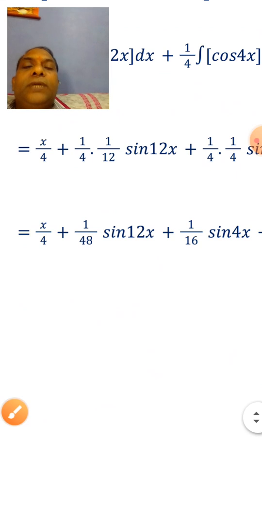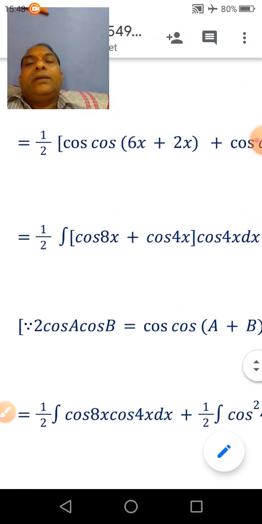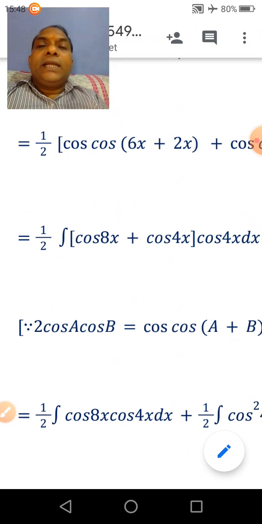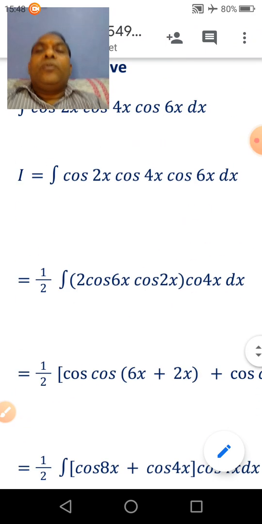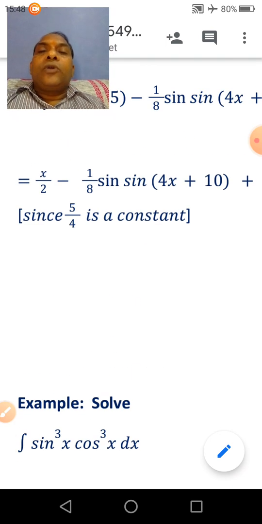Clear, students? So we can say that in case of integration, we have to convert the given question in integrable form. In case of trigonometric functions, we have to use the identity to convert the given question in integrable form. Then we can integrate. Clear? So you have to solve all the questions of exercise 7.3 with example. Okay, students? Thank you.